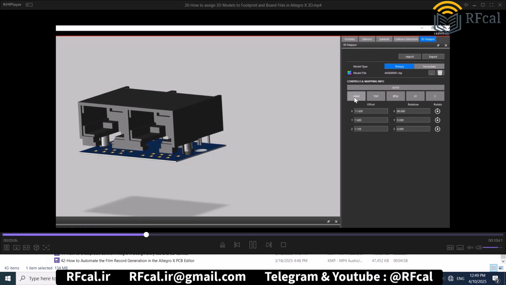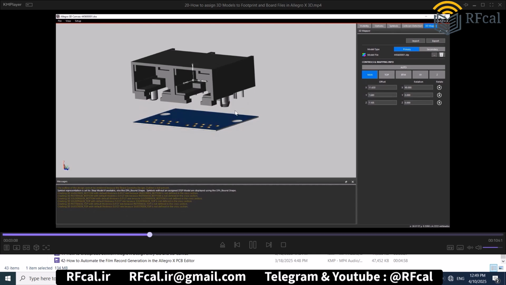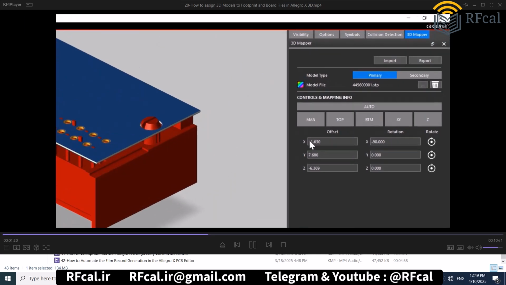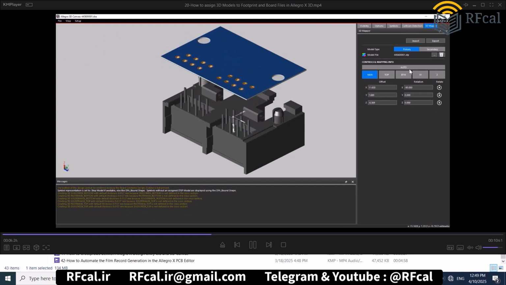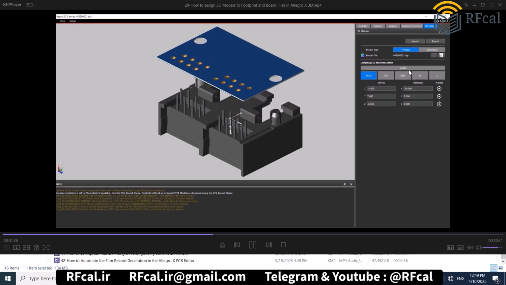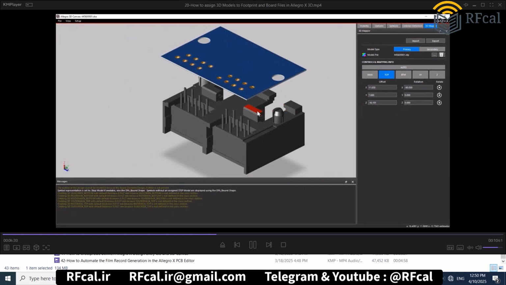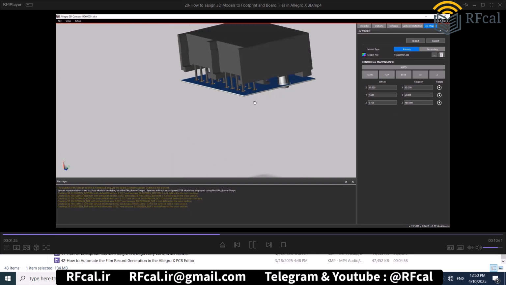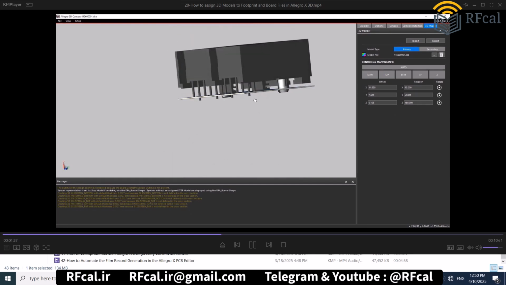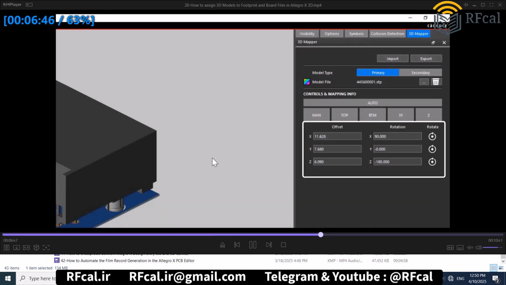I am going to move the symbol manually in the Z-axis towards the north side and show you how different faces look. Then I move manually towards the Z direction south side so that I can select the face which I want on the top side. Select the top button from Controls and Mapping Info and select the face which you want in top side. Now you can see the selected face of the 3D model comes and sits on the top side. Let us use the auto option and set the symbol offset and rotation values manually and change the 3D symbol